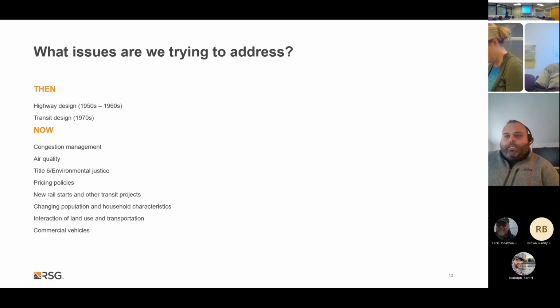And so the model can help answer those questions of what's the impact of changing population and household characteristics. And then we have things like the interaction of land use and transportation. So we can't do transportation planning within an entire vacuum. There's an interaction that occurs where the underlying land use really impacts what that transportation is going to look like, and what the travel behavior is going to look like too. So you can think of a compact smart growth development is going to encourage more walkability than a suburban greenfield development of single family houses that'll be by default auto-oriented for the most part.